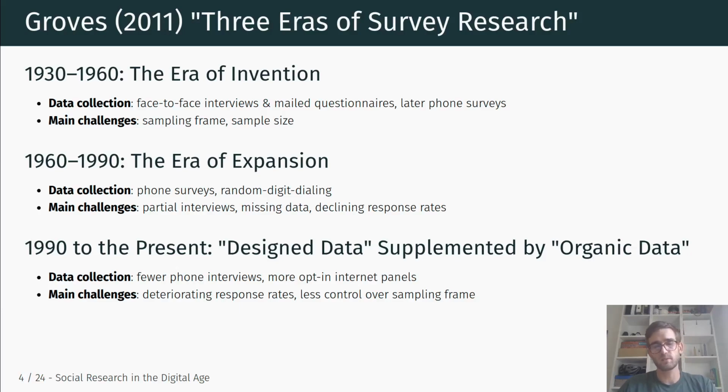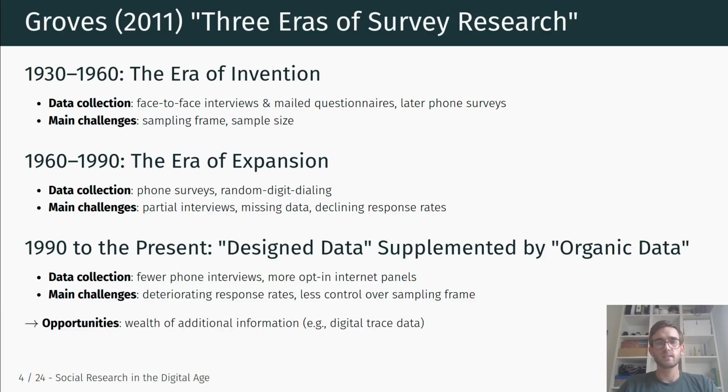of course, if you're interested in ultimately making inferences about a population, you need some kind of representative sample. So that's becoming more and more difficult. And especially when you're talking about opt-in internet panels, you have less and less control over the sampling frame. So it's less certain exactly to what extent you can directly extrapolate from your sample to the population.